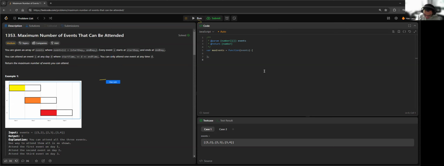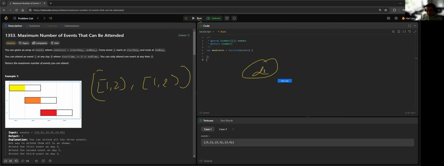So which means that, let's say if we have 1 and 2, right? The maximum number of events that we can attend is going to be 2, right? Why? Because even though they are the same, we can attend an event on day 1 and an event on day 2,